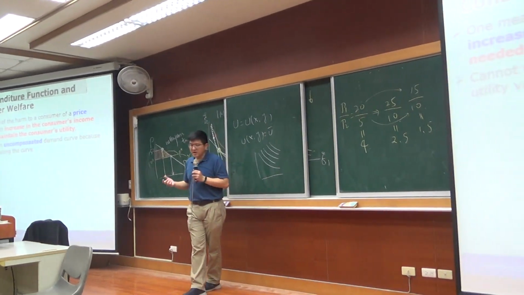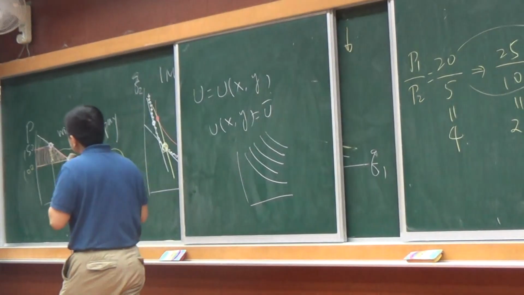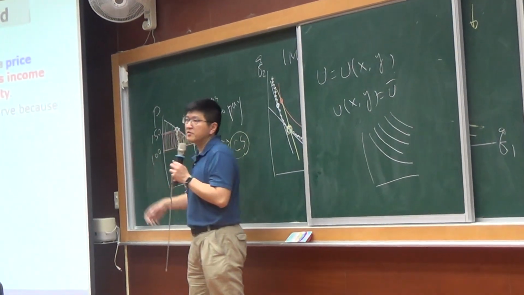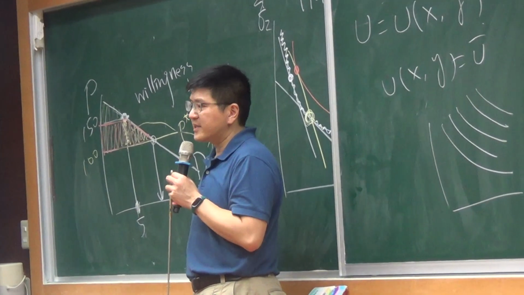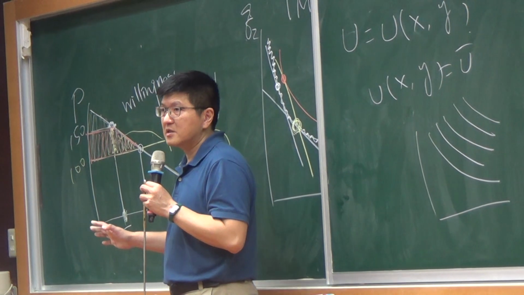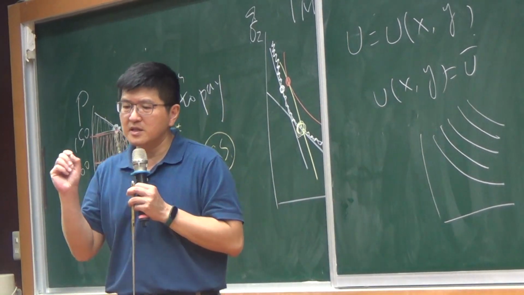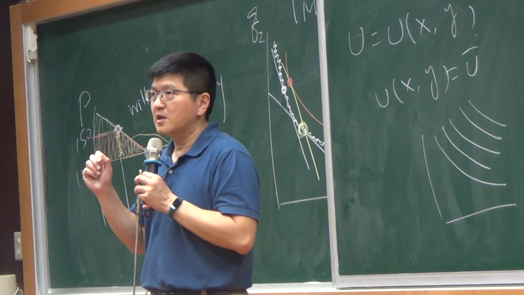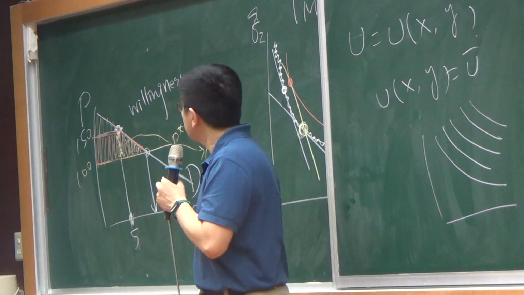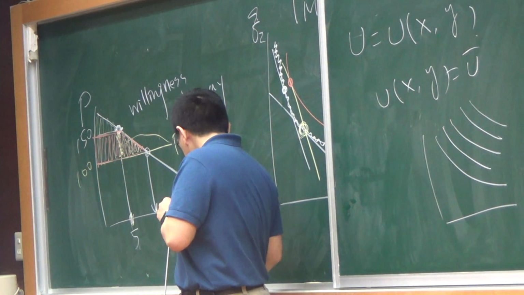So if the government says, okay, I just compensate you this amount of money, do you think it's a fair thing or not? I mean, fair by the standard of utility. We need to know this because